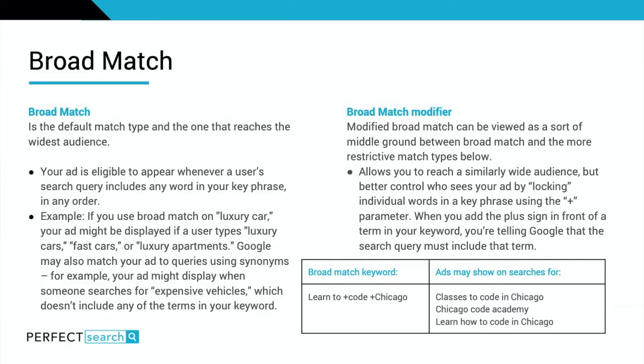So in the example we show here, the keyword is learn to code Chicago. Notice that plus signs are only in front of code and Chicago. And so we might also show for things like classes to code in Chicago, Chicago Code Academy, or learn how to code in Chicago. And you'll notice that in the right column there, both code and Chicago are in each